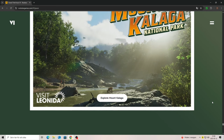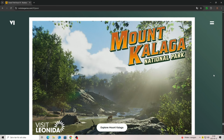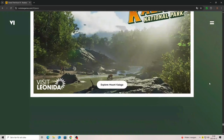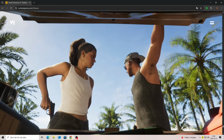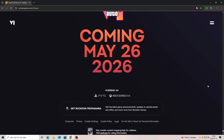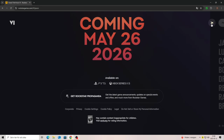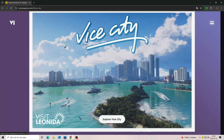Okay. Interesting. This is more like a forest area in the game, I'm guessing. I got National Park. Cool, I got some deer and people hiking and some canoes. We have Jason and Lucia again, and coming May 26, 2026. Okay, let's check out